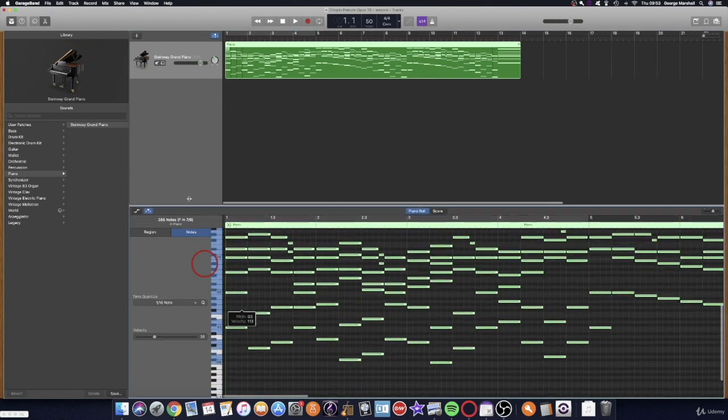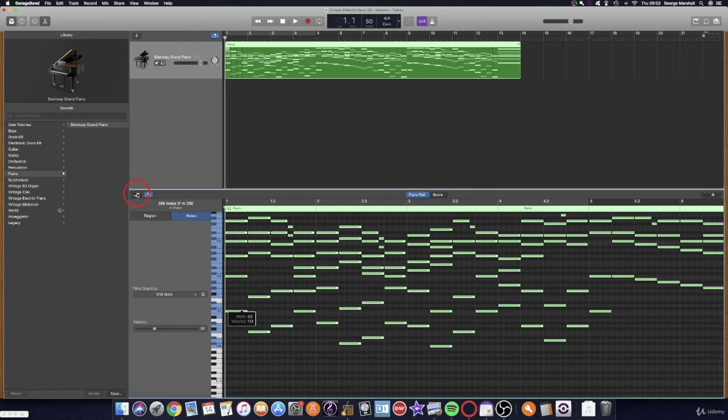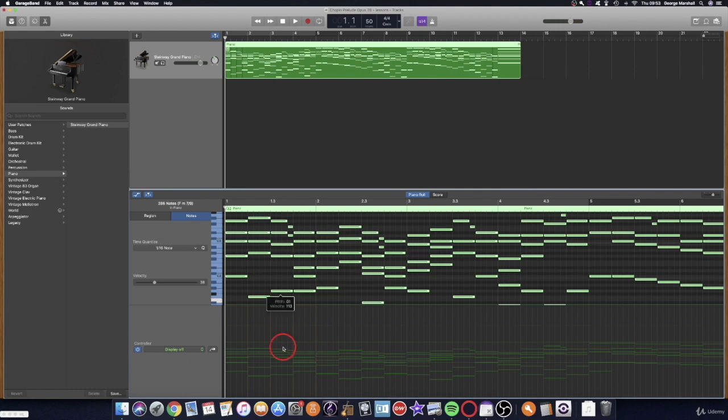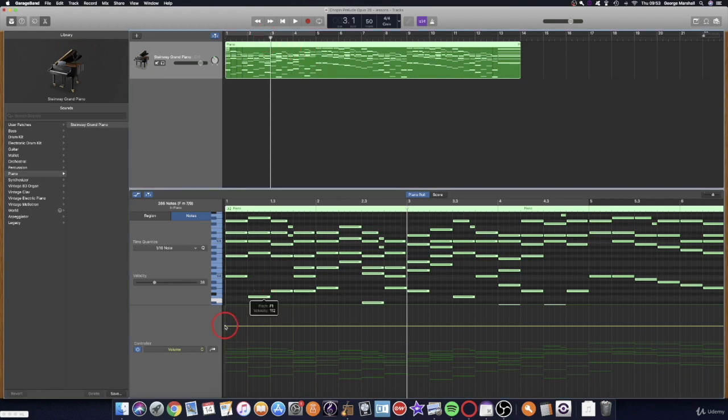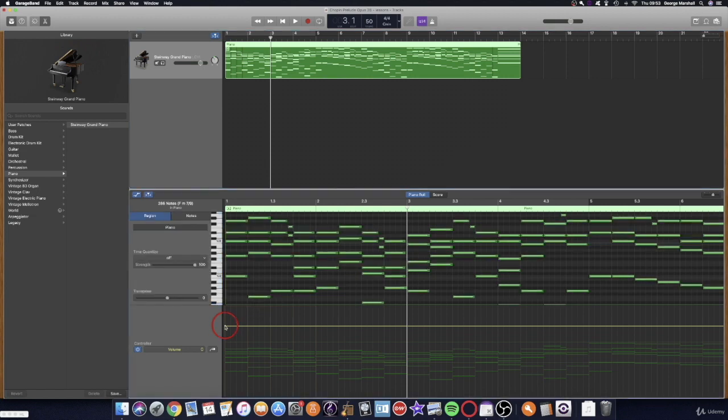And then once this panel's open, we need to go to this button here, the automation button, although it's automation specific to this region because that's what we're in, this piano roll. Then we need to go down to volume in the drop down box, which is in several places. It doesn't really matter which one you select. And then if I move the play header, there's a little node here. We just need to double click that to get rid of it,